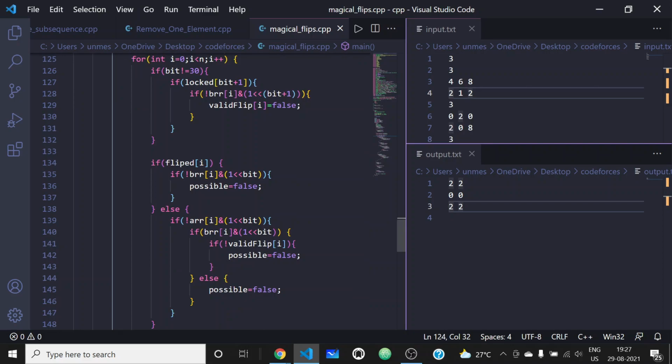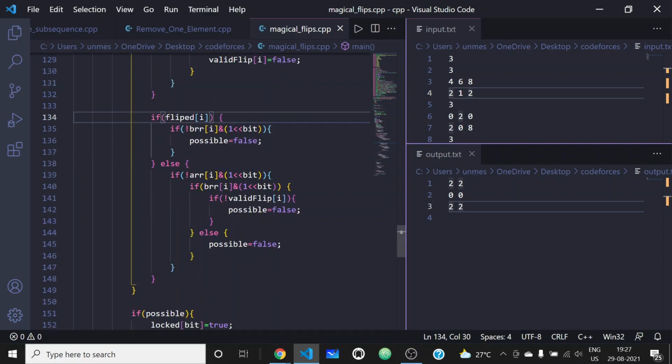So just in case this card has already been flipped, in this solution we are flipping a card only when it is necessary. If we don't need to flip that card to maximize the score, we are not flipping it. And if this card has been flipped, we can't unflip it, because unflipping would affect the previous bits that we have formed. We are not allowed to unflip a card,